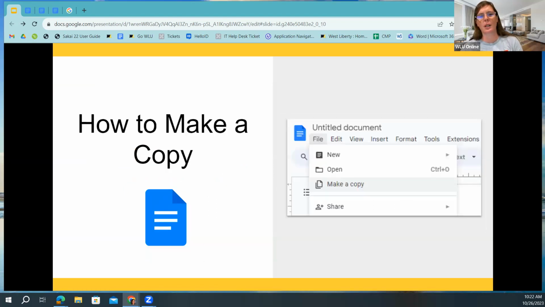All right, the next thing we're going to talk about is making a copy. This is a tool that I really like because it allows you to basically make a copy without altering the original document. So if you've ever created an online course with us here at the Office of eLearning, you know that we have masters of the courses. And the master is basically the hard template. And then you make a copy of that